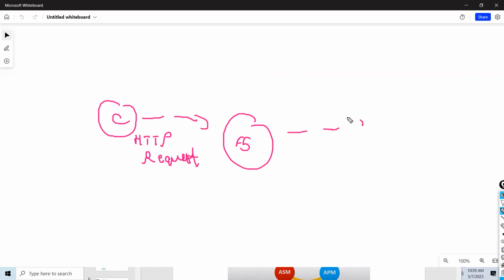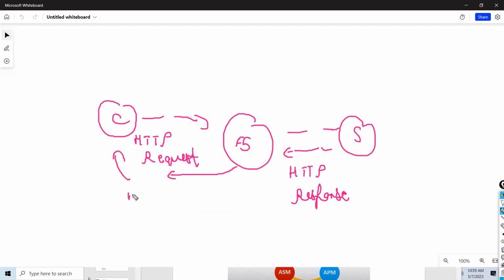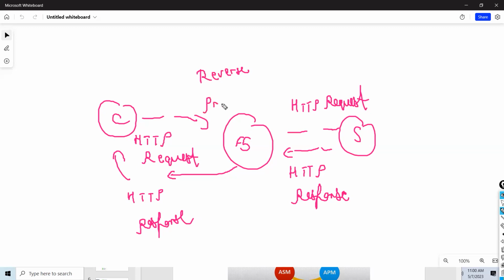Now it will go to the server. Now the server wants to send a web page, that is called an HTTP response. Now this response again F5 will forward to the client. So by default, this component, F5, is called a reverse proxy.